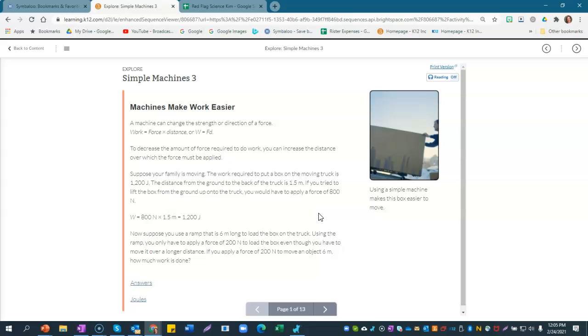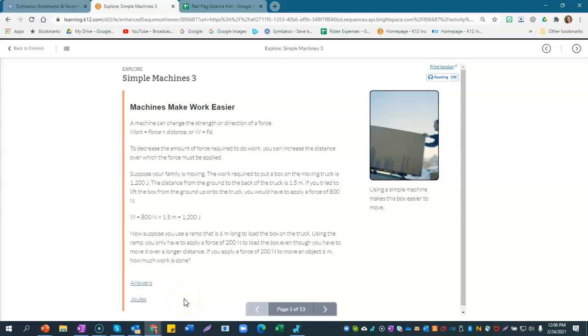The work required to put a box on a moving truck is 1,200 joules. The distance from the ground to the back of the truck is 1.5 meters. If you tried to lift the box from the ground up onto the truck, you would have to apply a force of 800 newtons. Okay, so we can see that work, you've got 800 newtons times 1.5 meters gives you 1,200 joules, right? So now suppose you use a ramp that is 6 meters long to load the box